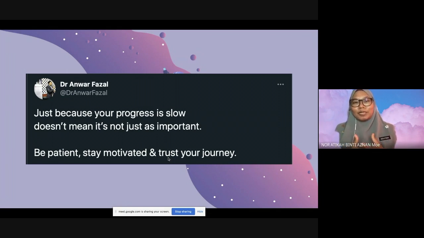So only you and Allah and the people around you, those who love you and care for you, know what you are going through and how determined you are at achieving what you want to achieve. Even though it is just a simple thing, even though it is just a small thing, nothing is considered small in achieving your dream.